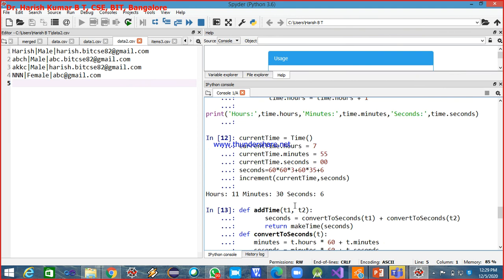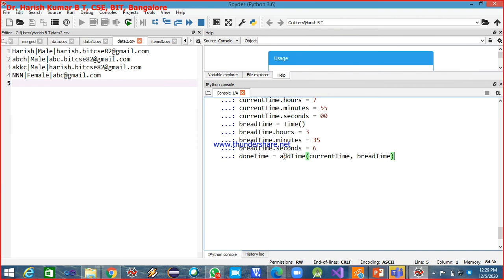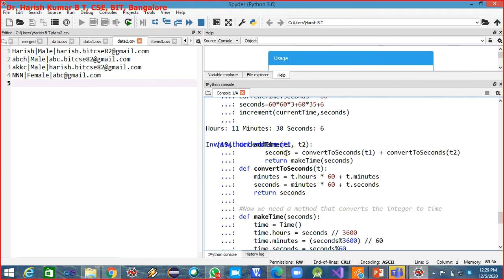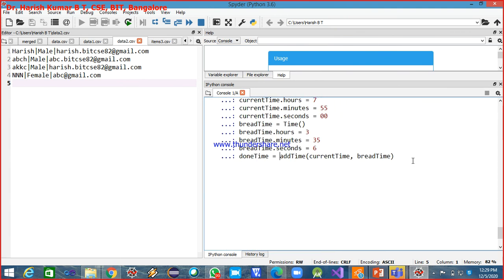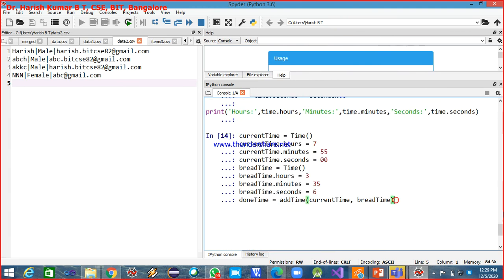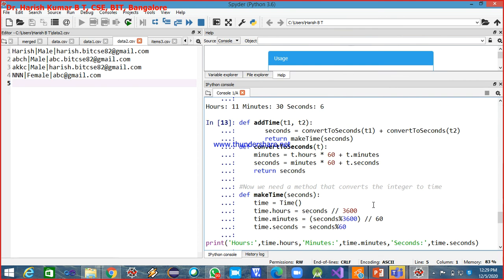Is it returning here? Okay, now what we are calling is add time, and that add time in turn calls make time. Okay, done, no problem. I can execute. See now, 11 hours 30 minutes and 6 seconds. Same thing. How beautifully it is doing.